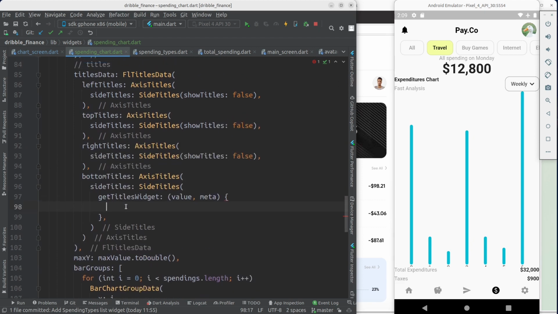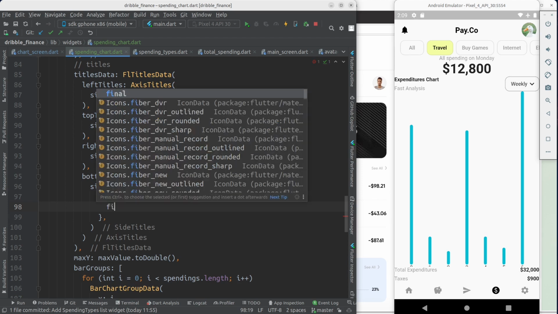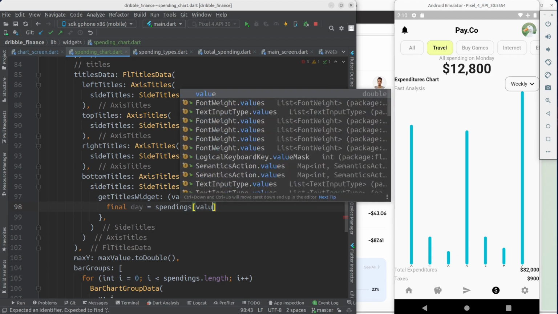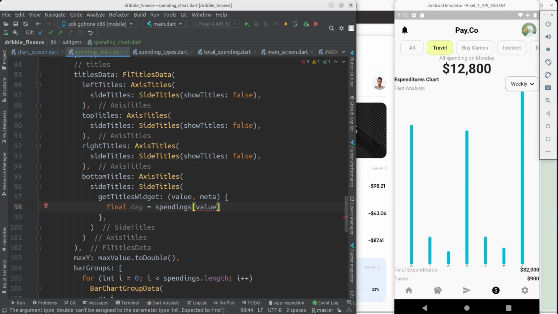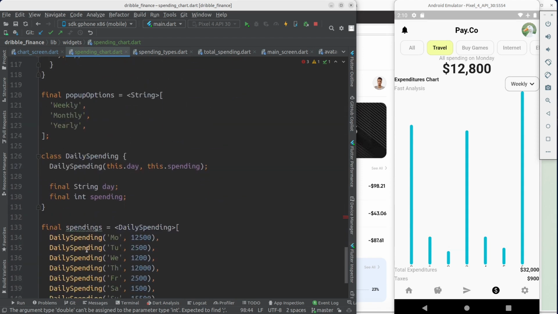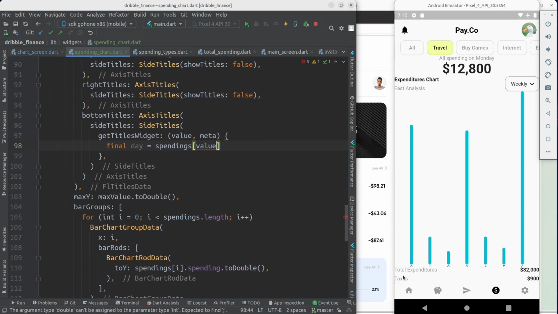So we can do one day as a final day equals spending, sorry, and value